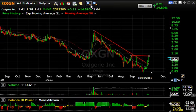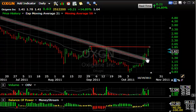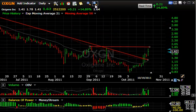Oxygen had another good day today. You'll see that this declining top line from May, when it spiked up, was broken with a thrust a couple days ago. Yesterday was kind of a quiet inside day. If you'll notice right here, we had a low volume inside day pullback that led to this pop today of 15%, 2.5 million traded,